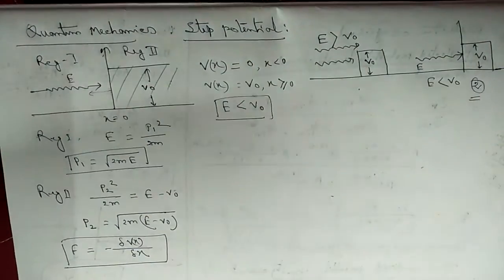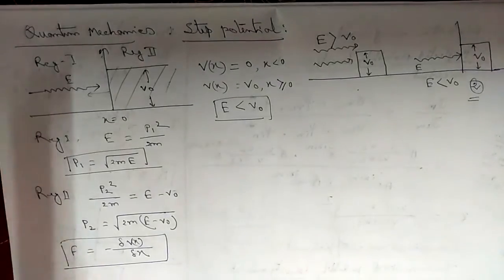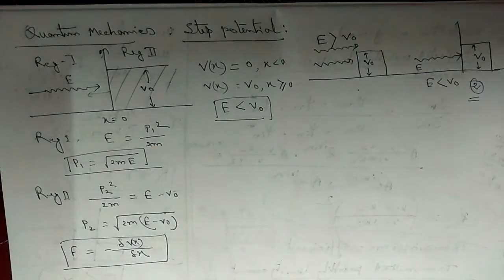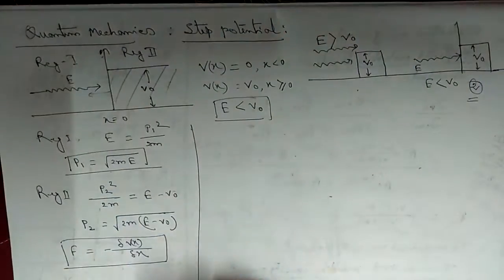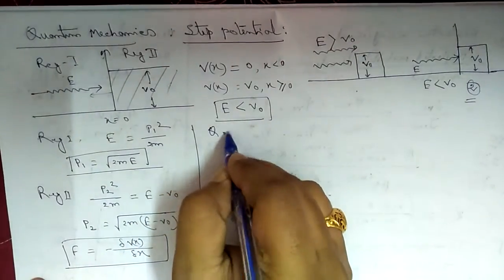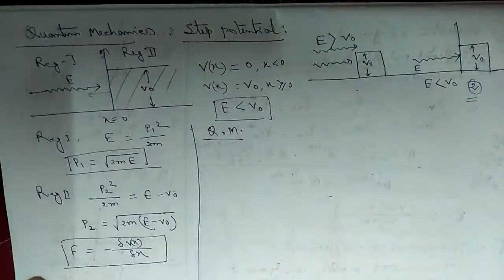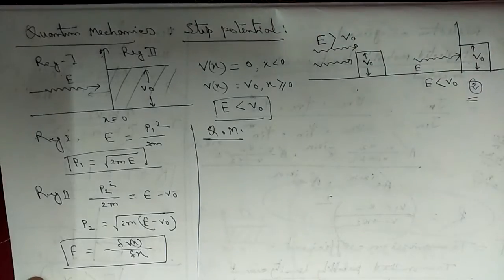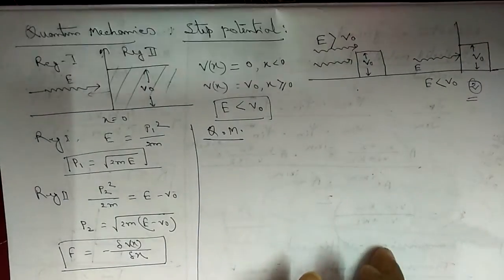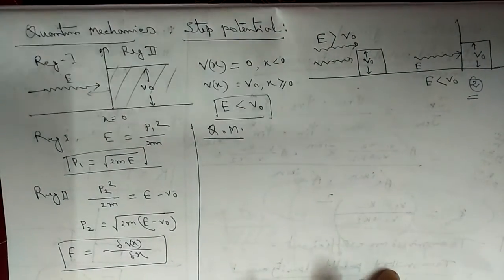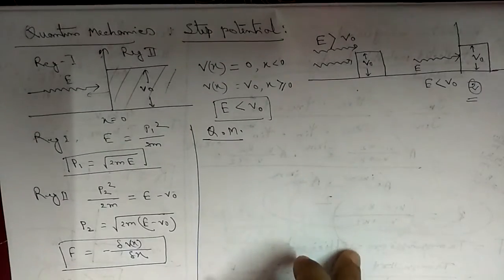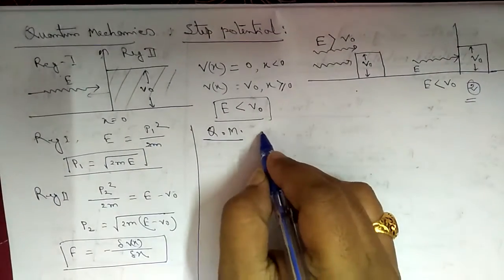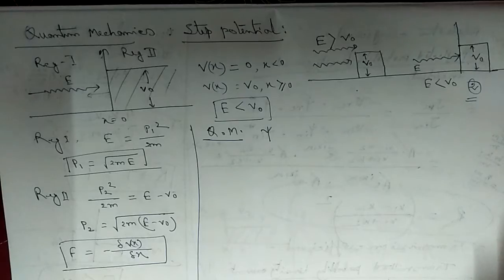Now we have to look at the quantum mechanical point of view, which is our topic of discussion of the day. Now we look at the whole problem from the quantum mechanical point of view. From the quantum mechanical point of view, we know that the moving particle which has a small mass m can be expressed with one wave function. Let us consider psi is the wave function of the particle.